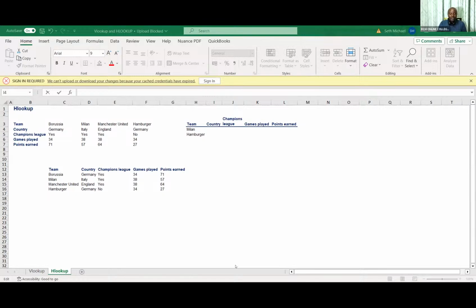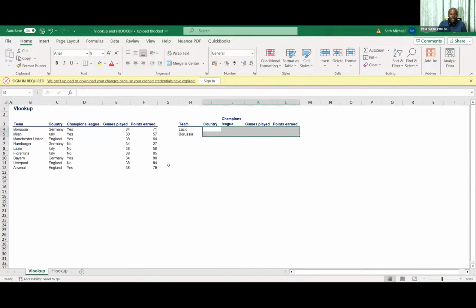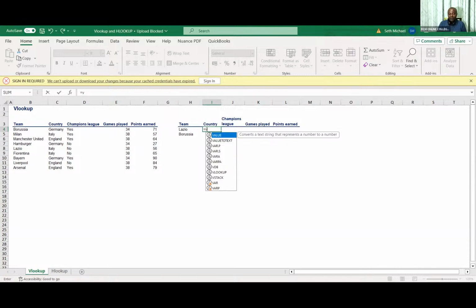I can see she's using the wrong one. She's not using the correct one. This one is written H lookup. Go for the one written V lookup. Yes, that one. So equals VLOOKUP,